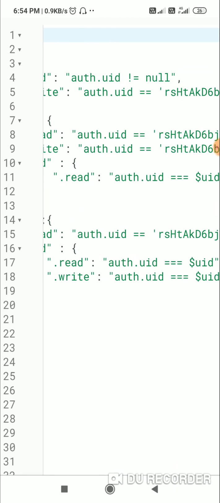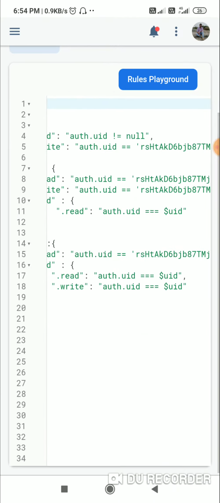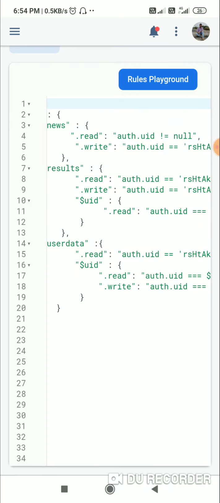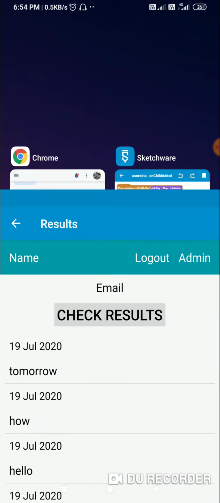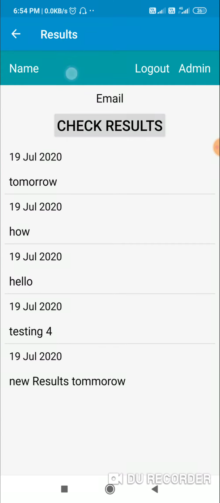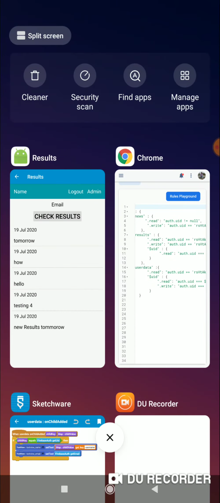So this means that users can read and write only their own data. So that's why here in this app I as a user am not able to see my name here, and I am not able to see my email ID, because I am trying to retrieve data of all the users which the rules are not permitting.